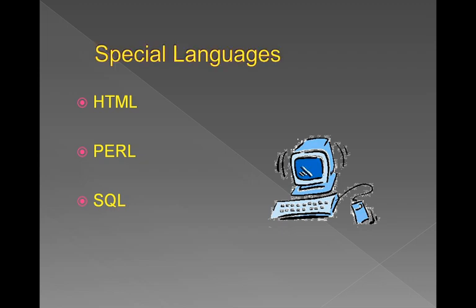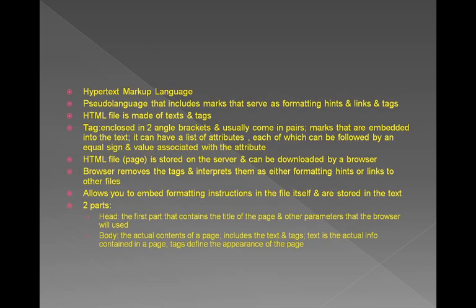Special languages are HTML, Perl, and SQL. HTML is hypertext markup language, a pseudo language that includes marks that serve as formatting hints and links. HTML is made of text and tags. A tag is enclosed in angle brackets and usually comes in pairs. Tags are marks embedded into the text. A tag can have a list of attributes, each of which can be followed by an equal sign and a value assigned